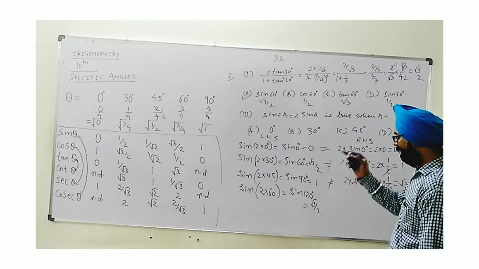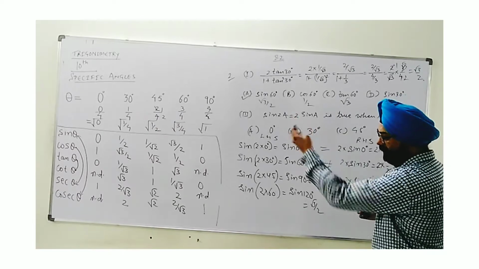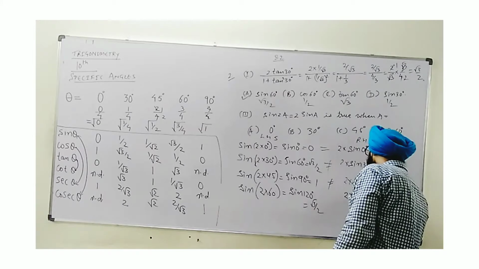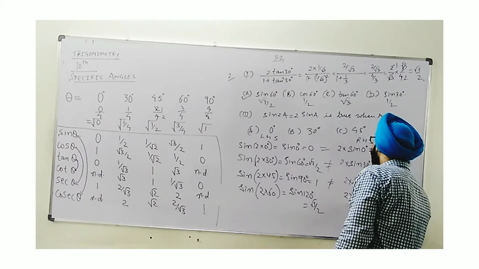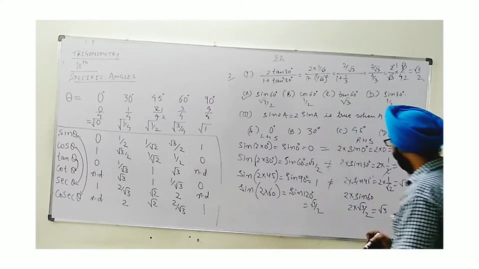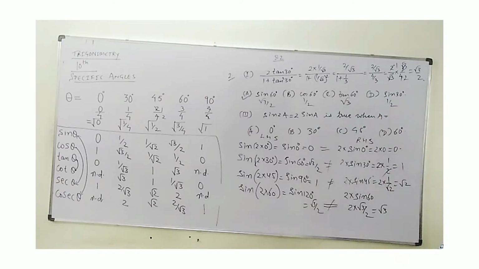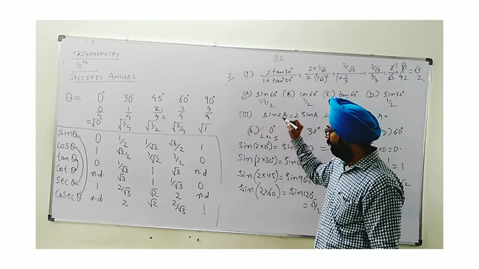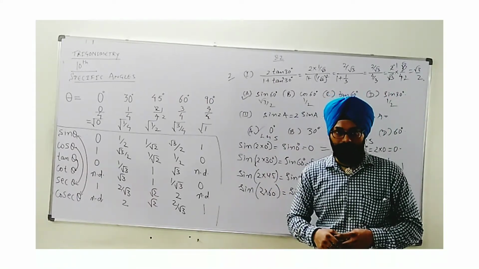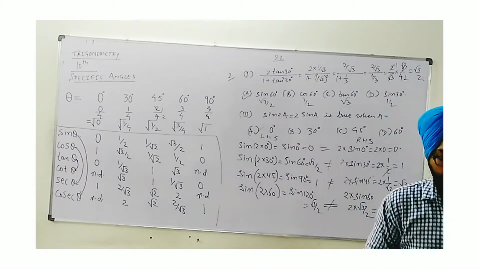Okay, not in the table, and obviously such a question will not be given that takes a value of angle beyond this table. Don't worry. In our case, it is 2 into sine 60 degree. So we get 2 into root 3 by 2 as root 3, after cancellation. Again, these two are not equal. So finally, A is the correct option in this question. This way we have to check. More are there. You can solve and you can see. One more question we will see to understand the concept better.